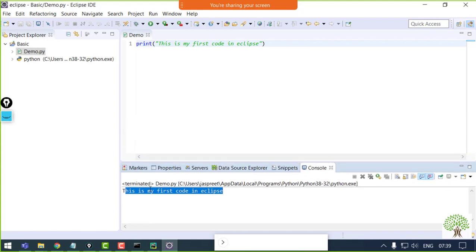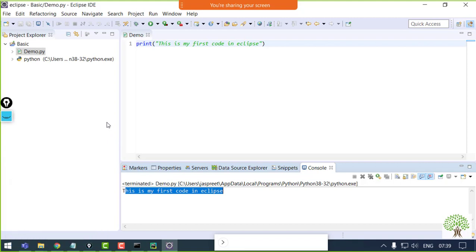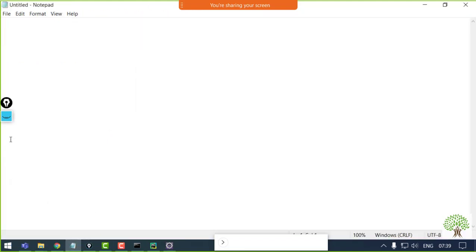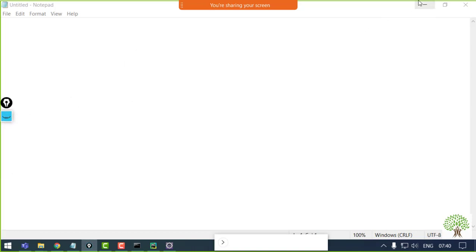Now this was about these two components that we need to have in a system to work with Python. Right. Now moving further to the next component that I need to have, that is Selenium. Because ultimately we are going to learn Selenium, so we do need to have it in our system. And it's just a file that I need to have in my system. It's not an executable file which I need to run. So installation of Selenium is easy.